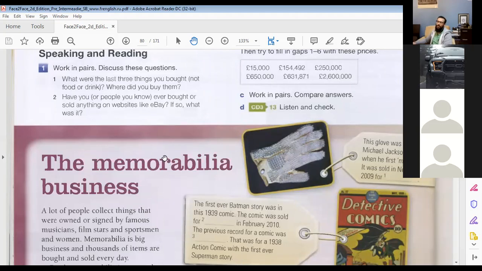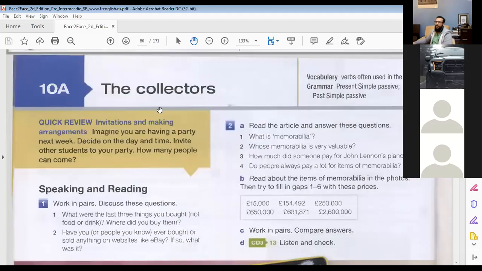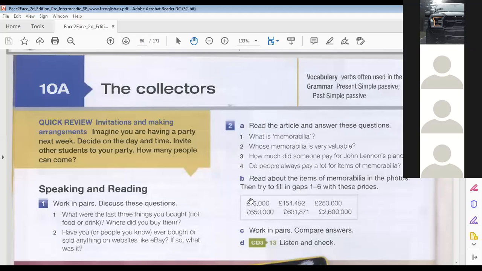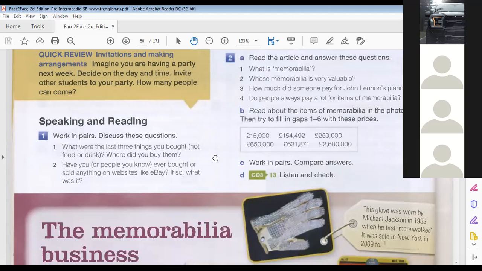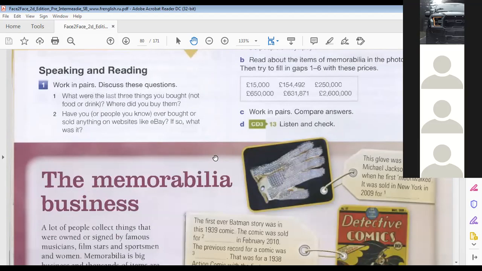All right. So we're going to talk about collecting things. Do you collect notebooks, Samiha? Do you have lots of notebooks at home? Do you like to collect them? Yes. I will take a picture of them and send it to you to see. Yes, please do that. I'm curious. I'd like to see it. So this means you collect notebooks, maybe. That's why you like them. Yes. Okay, good.